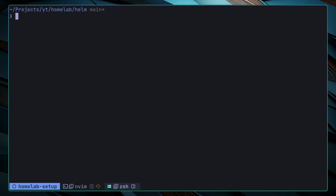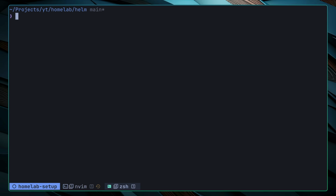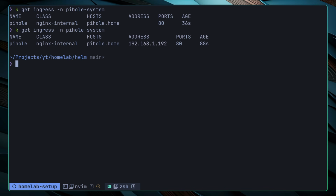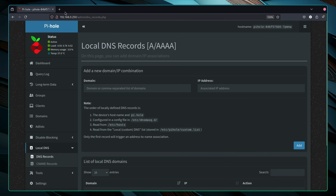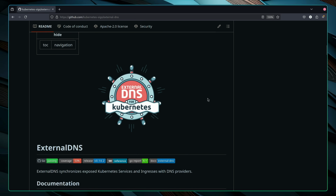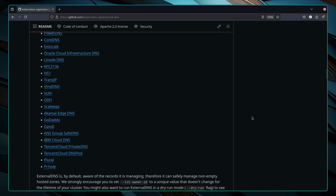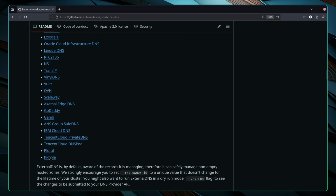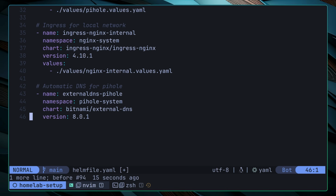With these changes made, I went and performed the helm file apply command again. And after a short while, an Ingress resource was available inside of my Pi-hole system namespace. However, whilst I could hit this using curl, I still didn't have a DNS record pointing to my Pi-hole instance. For that to happen, I needed to use one final chart, external DNS, which we can use to automatically write DNS records to our Pi-hole server based on any host names found in our cluster that are associated with the Ingress controller. To set this up, I began by adding in the chart to my Helm file, followed by defining